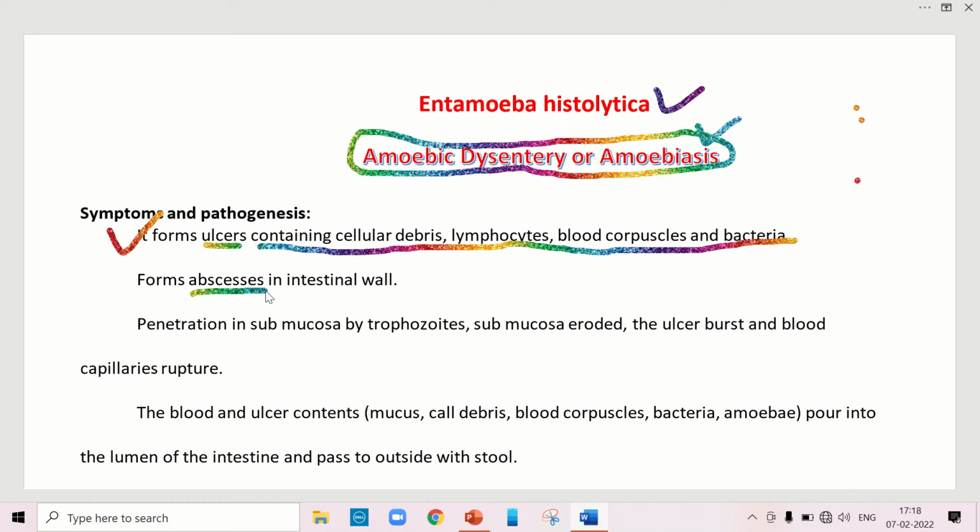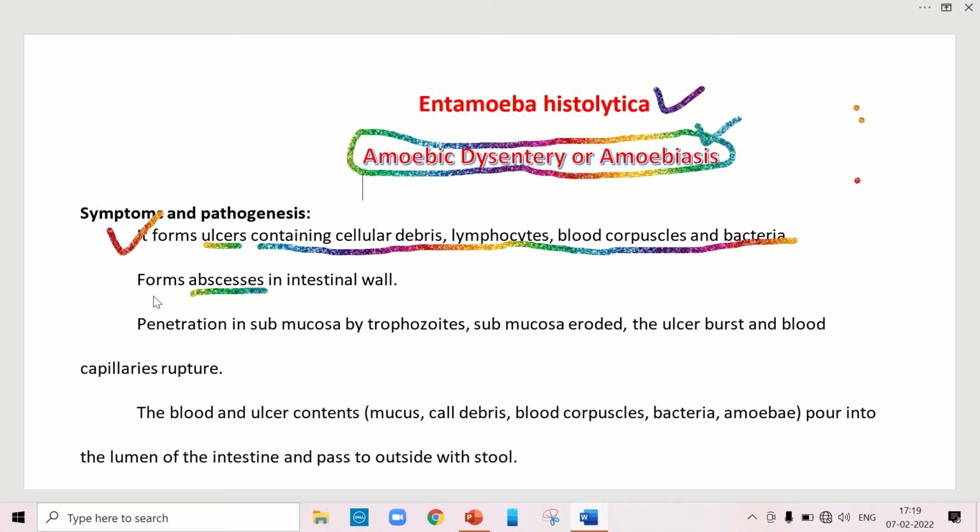They can cause abscess in the intestinal wall, and due to which they can also necrosize the tissues and cells by the proteolytic enzymes secreted by this organism. And this proteolytic enzyme secreted by the trophozoite of this parasite can